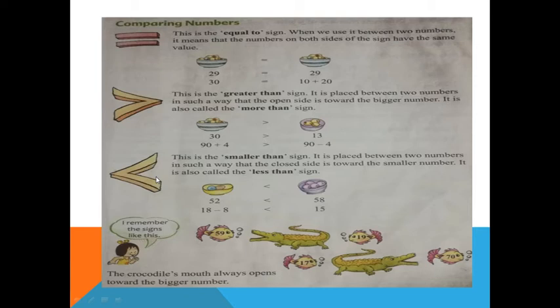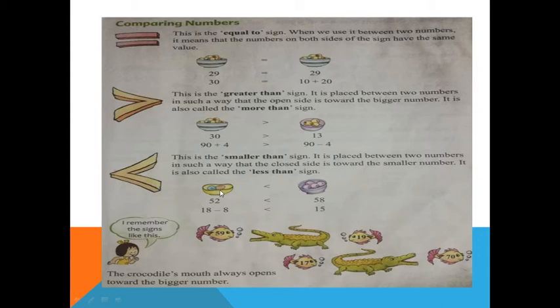Okay. What activity did I do just now? I am holding 3 apples in my right hand and 2 apples in my left hand. So I am using the first sign, greater than. Now I am changing the position of the apples: 3 in my left hand and 2 in my right hand. So the sign changes, greater than and less than. See, here are the 5 fruits, here are the 2 fruits.